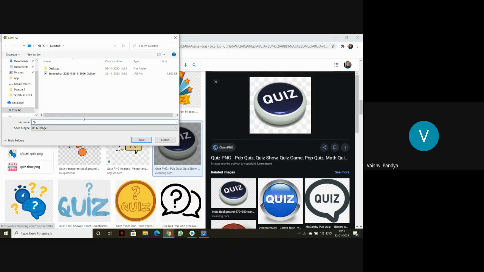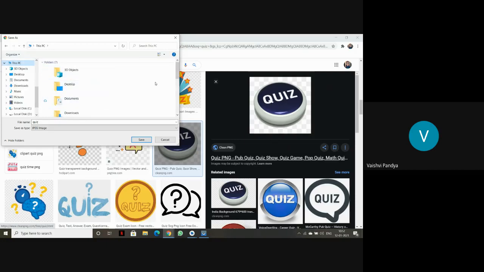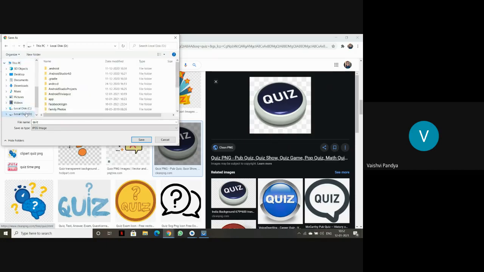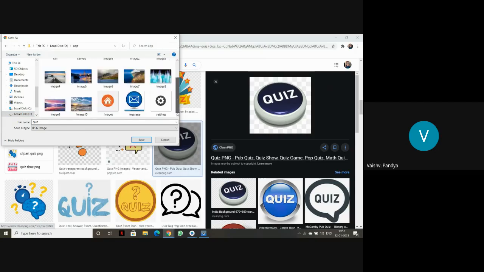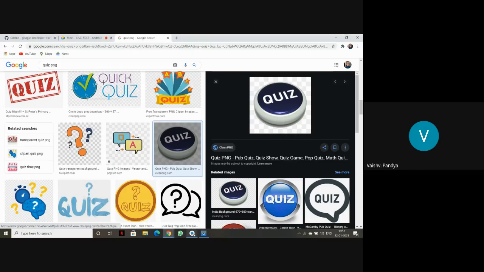I'll give it the file name quiz, save it to this PC, in the local disk under Android Studio, in the app section. And here I have saved.